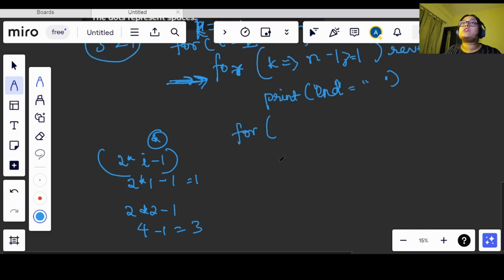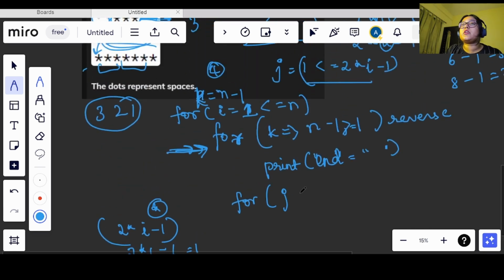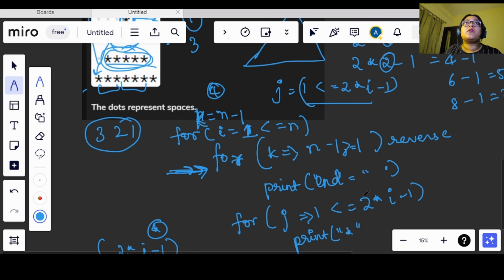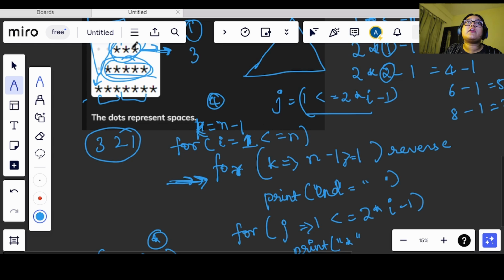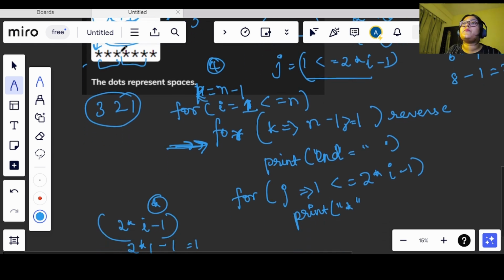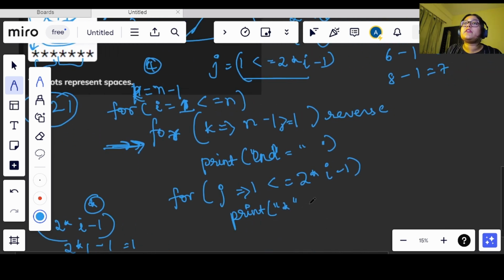So our j will start from 1, and it will go till 2 into I minus 1, and here we will be printing stars. As we can observe here, there are no spaces between any stars, so we will not give any spaces here.